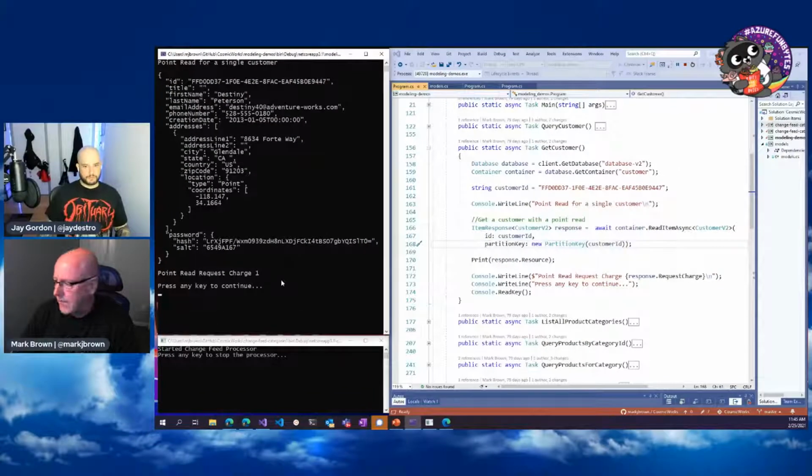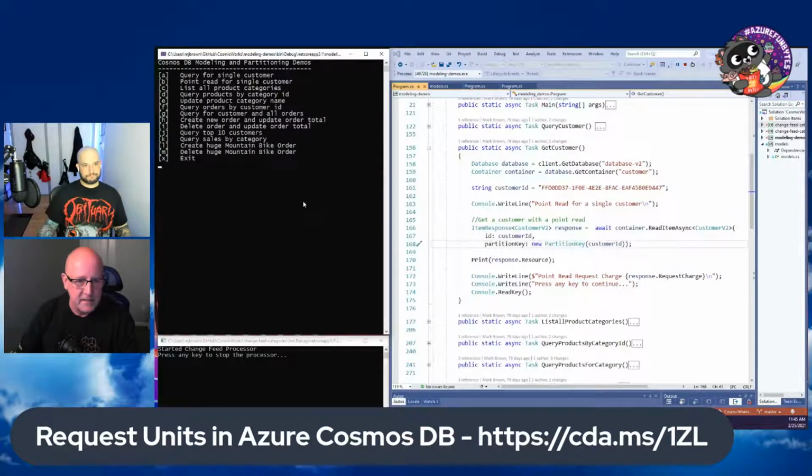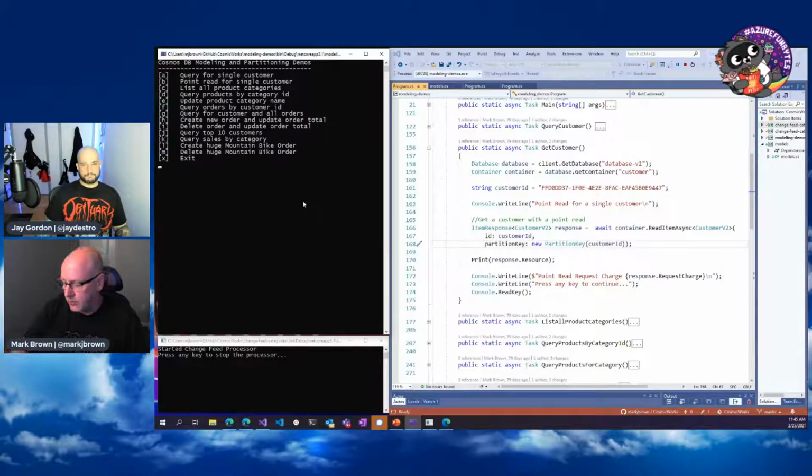I can't tell you how many customers I've seen doing high volumes of reads using a query. The reason is simple: when you do a point read, you skip right past the query engine and go straight to the backend store and grab that data, because our backend store understands those two things, what partition am I on and the ID for that data.